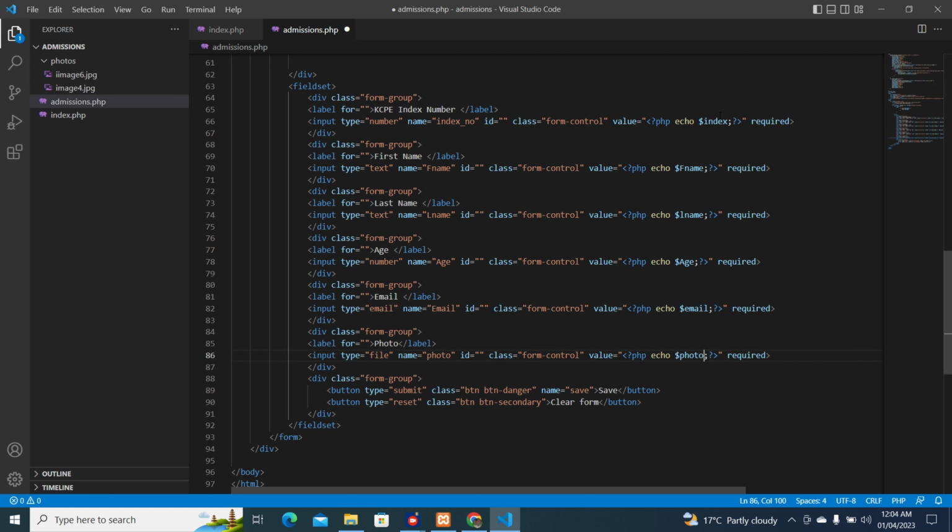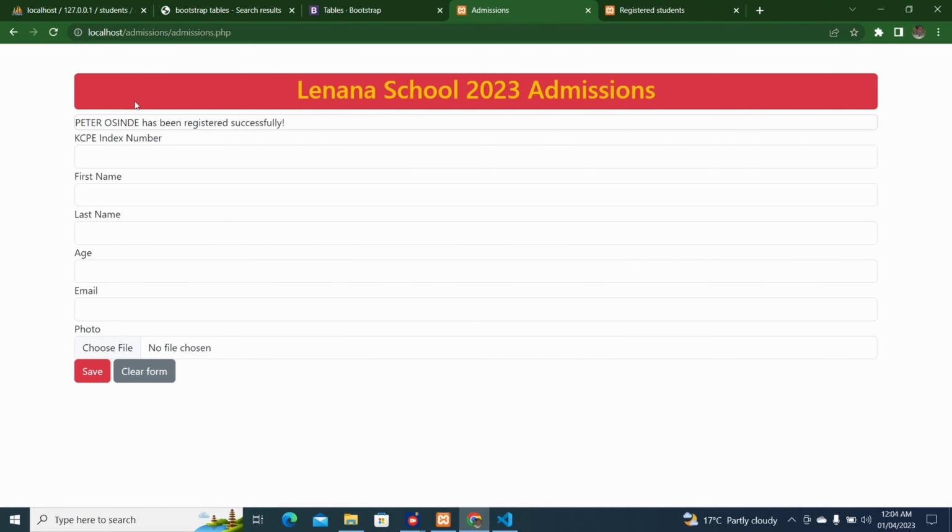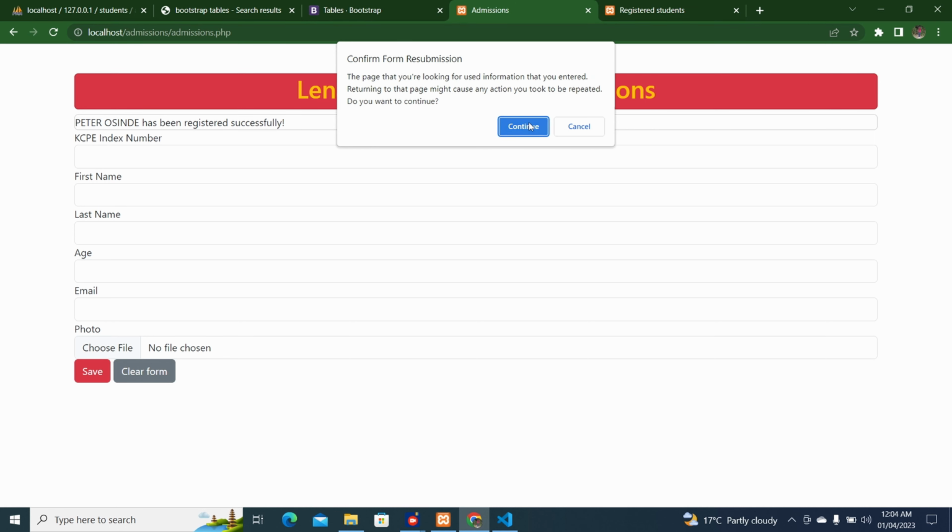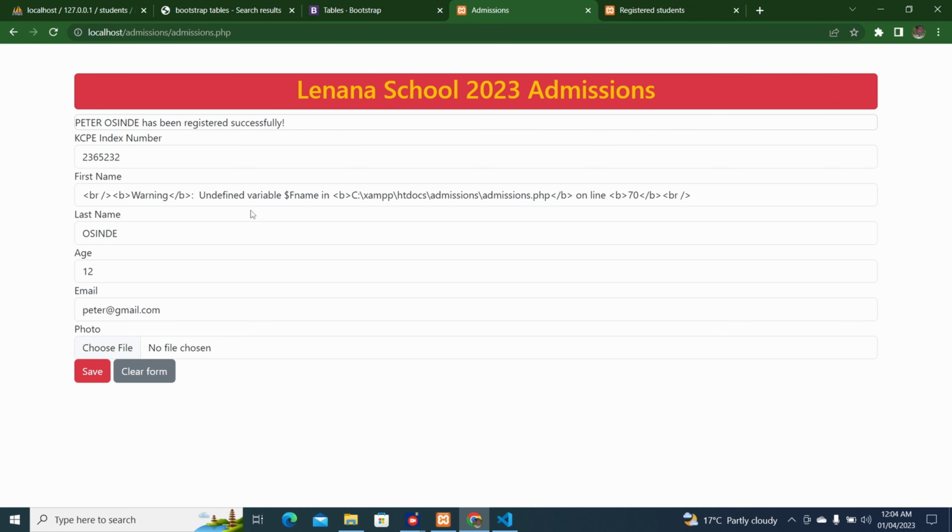So that is index, fname, lname, age, and everything. Now let's refresh this form. I know it's going to cause some abnormalities there, but I'm going to get that one sorted and define array